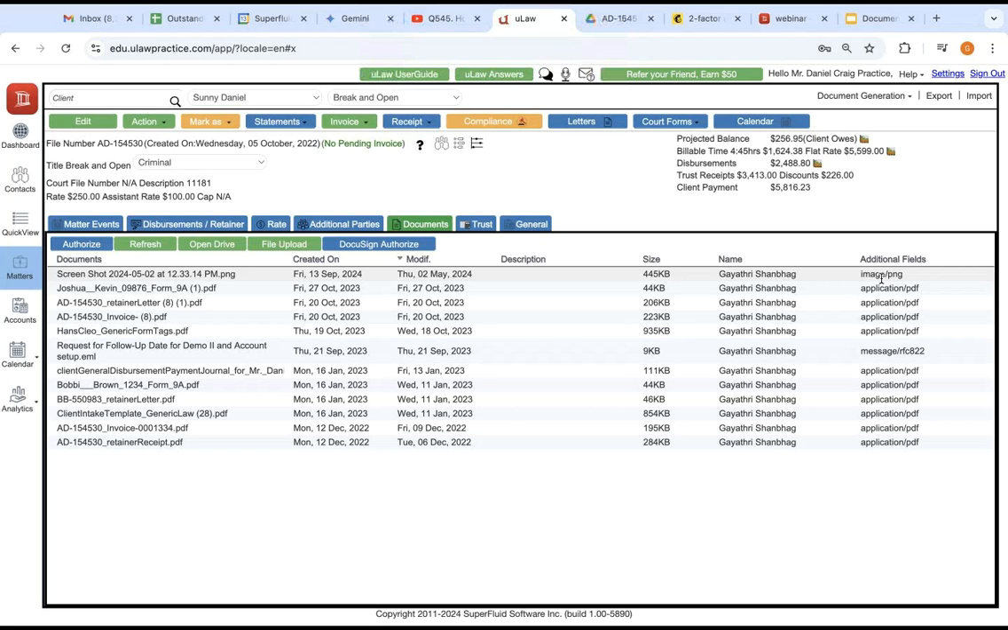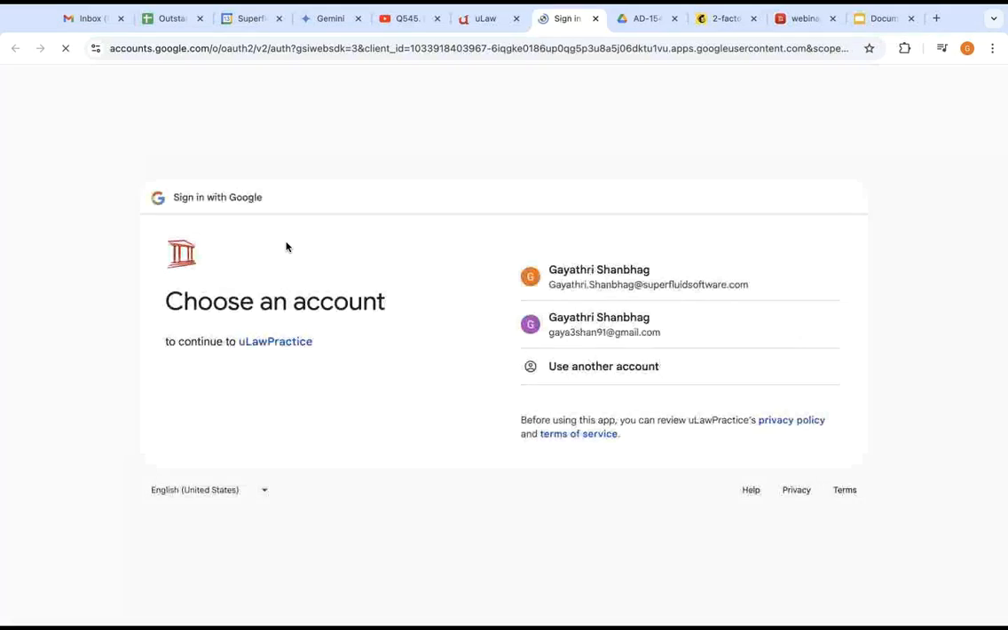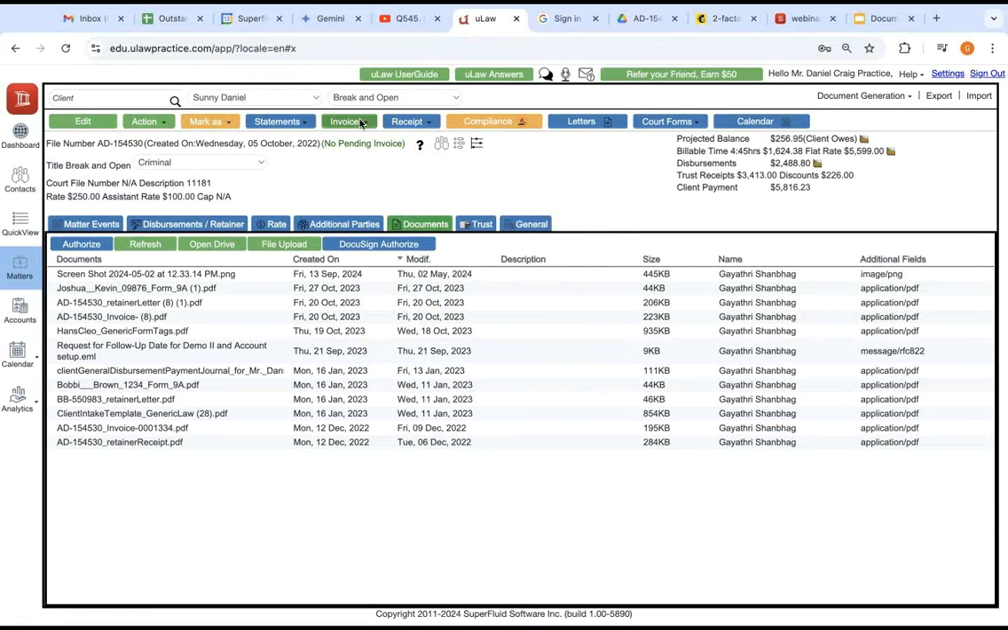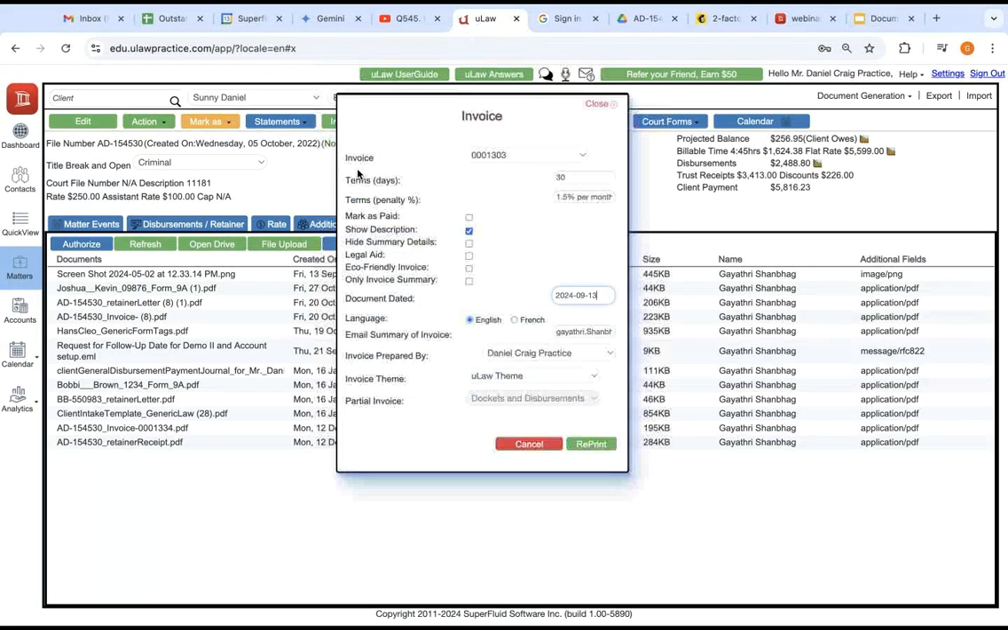Now, once that's done, you'll be able to go ahead, click on, I'll upload and do all of those, right? Now, let's say, for example, I'm going to download the final invoice here that I did. Once I do that,